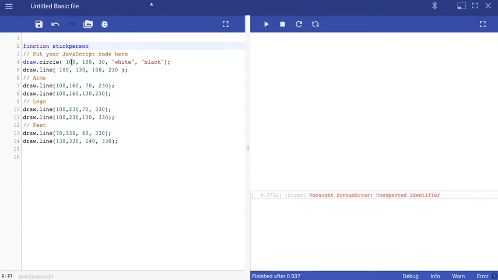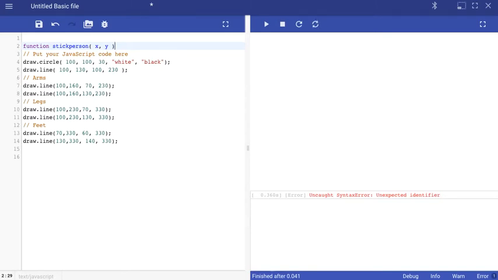We've got our x coordinate, our y coordinate, our radius, color of the fill, color of the stroke. So there's 5 parameters on a circle, and on the line there's 4 parameters, x and y coordinate of the starting point, x and y coordinate of the end point. So I'm just going to have an x coordinate and a y coordinate as the inputs for my stick person